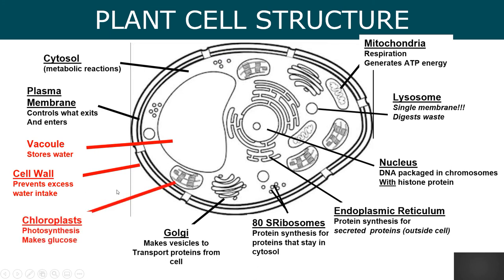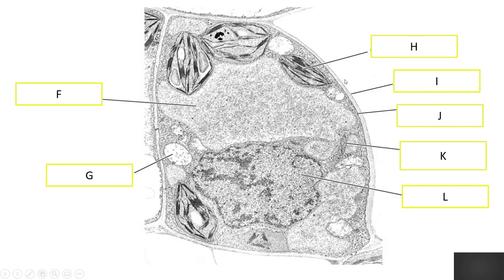And then, of course, you know that plants have chloroplasts, which have these weird streaky shapes in them. It's how you can tell them apart. The chloroplasts are the sites of photosynthesis. That is what makes glucose that they can then give to the mitochondria to do respiration and generate that ATP. So, you know, plants are pretty self-sufficient. It's pretty cool. All right, so go ahead and look at these and label the different structures that you